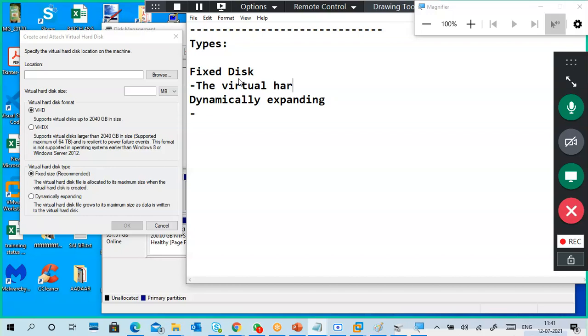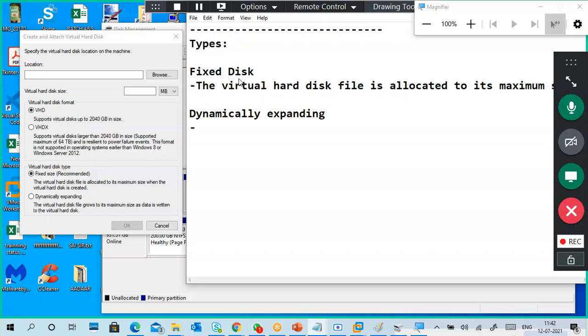Virtual hard disk file is allocated to its maximum size when the virtual hard disk is created.